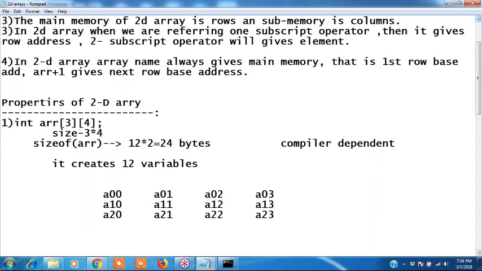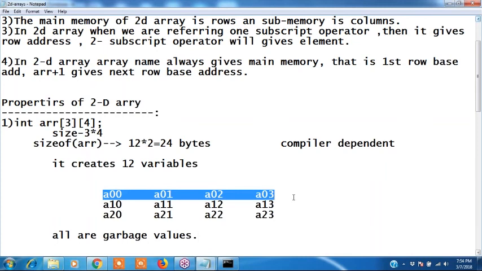Two subscripts: the first one denotes rows, the second one denotes columns. Now how many variables are created? 12 variables are created, and all are garbage values. How it allocates memory, I will also explain. It allocates continuous memory locations. First these four will be allocated.